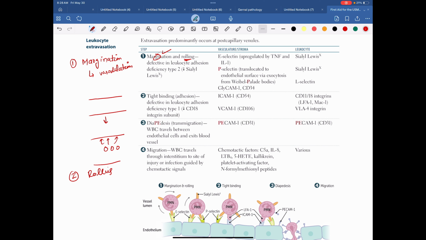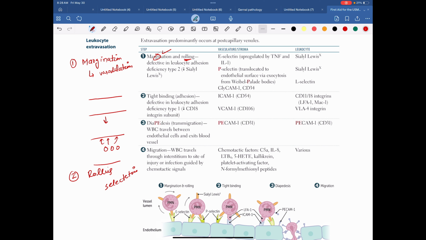First of all, what are the proteins that are going to be upregulated on the endothelial cell? These are called the selectins. These selectins are also called the speed bumps. These are upregulated on the endothelial cell during the inflammation. What are examples of these selectins? We have P selectin and E selectin. You guys have to remember, in the endothelial cell we have different kinds of selectin like P selectin and E selectin. P selectin is going to be released from the Weibel-Palade bodies,